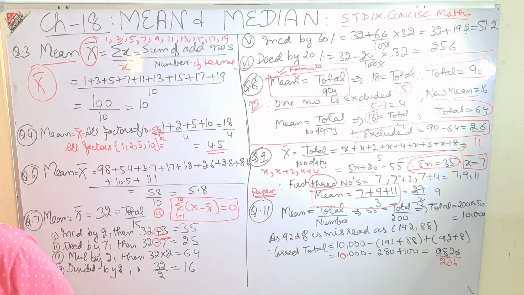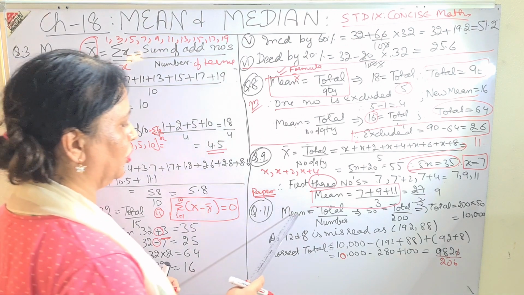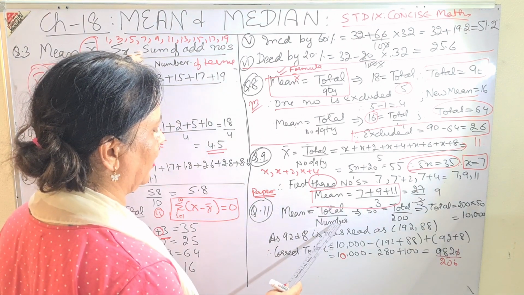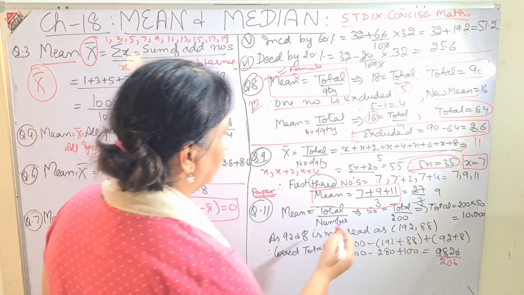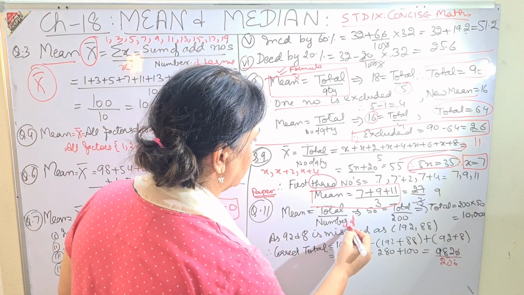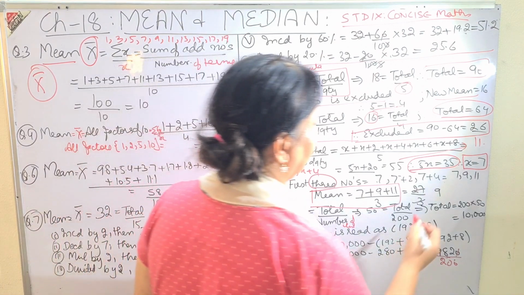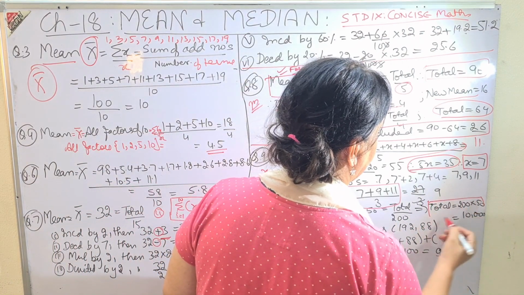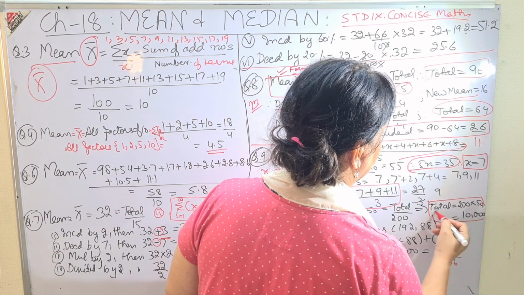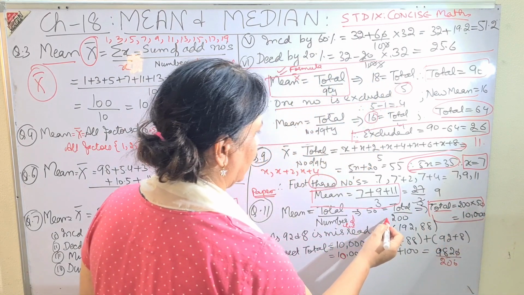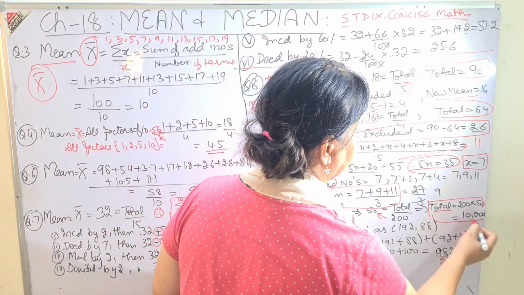It comes every year. So the question is, the mean of 200 items was 50. So I wrote mean is equal to total over number of items. Whatever number of items, if you want to write, you can write in full also. So mean was 50, total upon 200. Total was 200 cross multiply into 50, and that is 10,000.